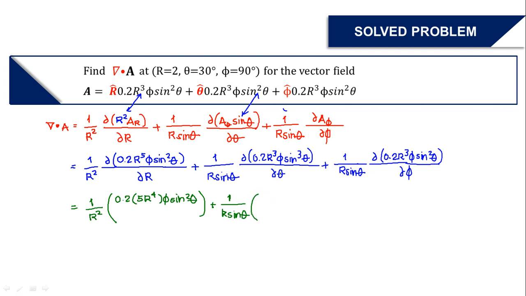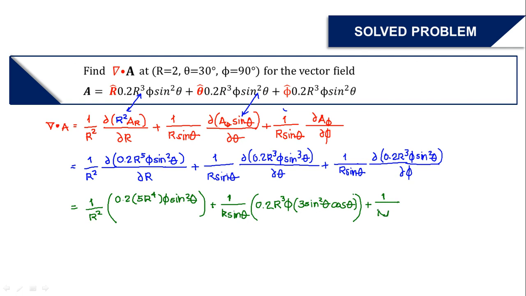Dito naman, with respect to theta, so ang magiging sagot natin dyan ay 3, 0.2 r cube P times 3 sin squared theta cosine theta. Okay? So, ganyan tayo, ha? Plus